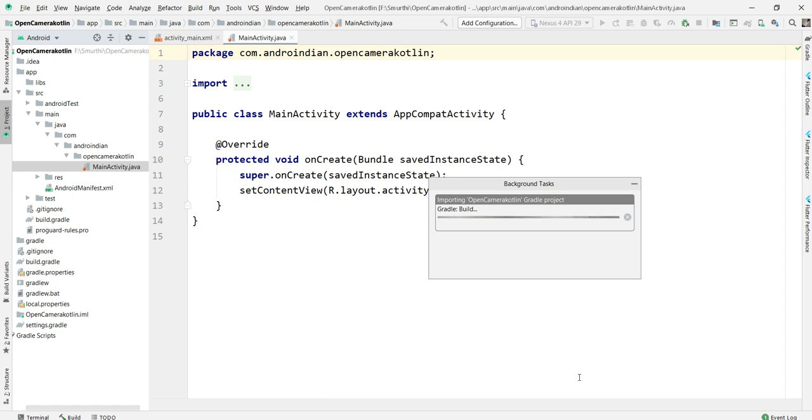Here, opening the camera is called an implicit intent. Using an implicit intent, we can write this open camera code. That is how this happens. In a simple way we can open the camera and capture a photo. So how does this happen? We'll see here.